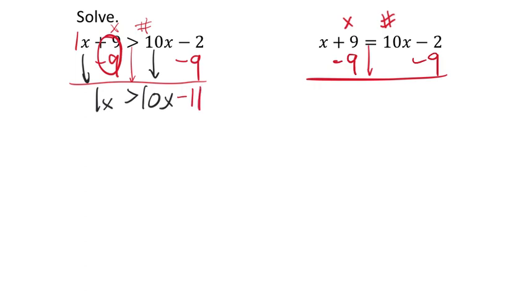So what's different on the right side? Well, same thing just happened. We zeroed out the 9s. We can drop this. I'll drop it as 1x. It equals, we can drop the 10x, and negative 2 minus 9 is negative 11. So you see that this inequality and this equality, nothing really changes, right? And they're not supposed to when using addition and subtraction principles of equality. Addition and subtraction principles of equality never change the